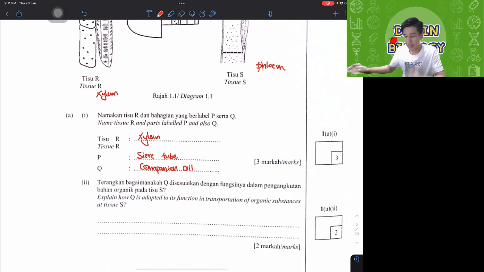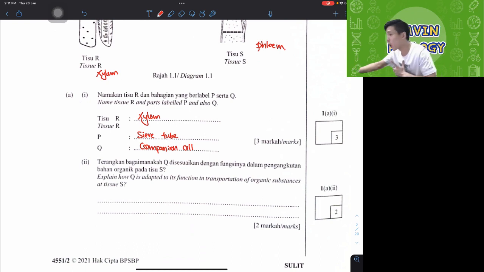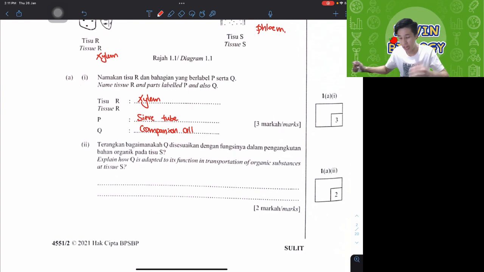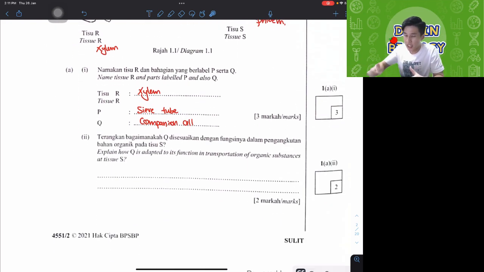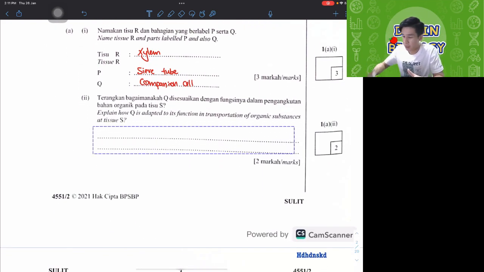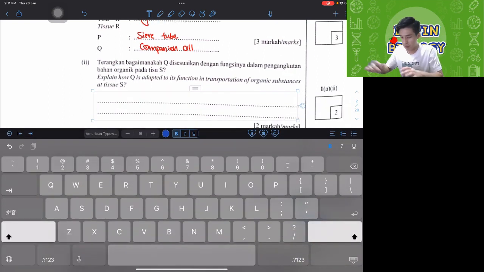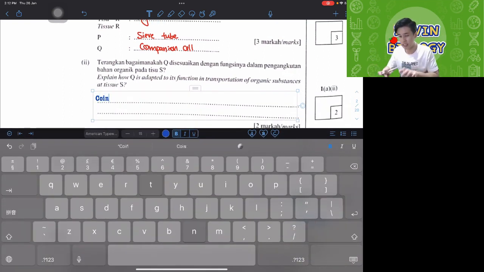Now, next one, very common, they like to ask: this companion cell, what does it do? They say, explain how Q is adapted to its function in transportation of organic substance at tissue S. So companion is friend, right? Friends always help their friend. So companion cell Q is going to help sieve tube P. So what does it actually do? Number 1, we can say it basically, I'm going to type it here, contains